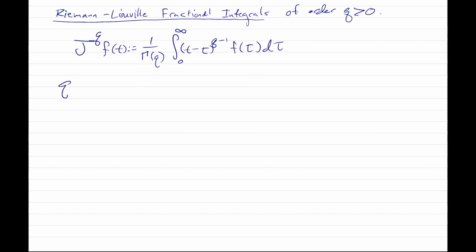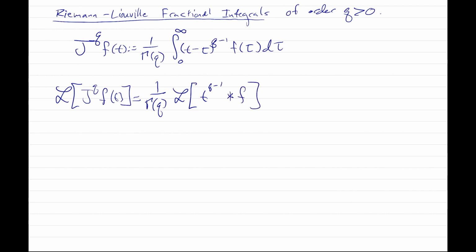I can say q is equal to 1/2, and that'll give me something. And yeah, so that's really nice. And we can see if I take the Laplace transform of J^q of f of t, then this is going to be 1 over gamma q times the Laplace transform of t to the q minus 1 convolved with f. So then we get gamma q there times the Laplace transform of t to the q minus 1 times the Laplace transform of f